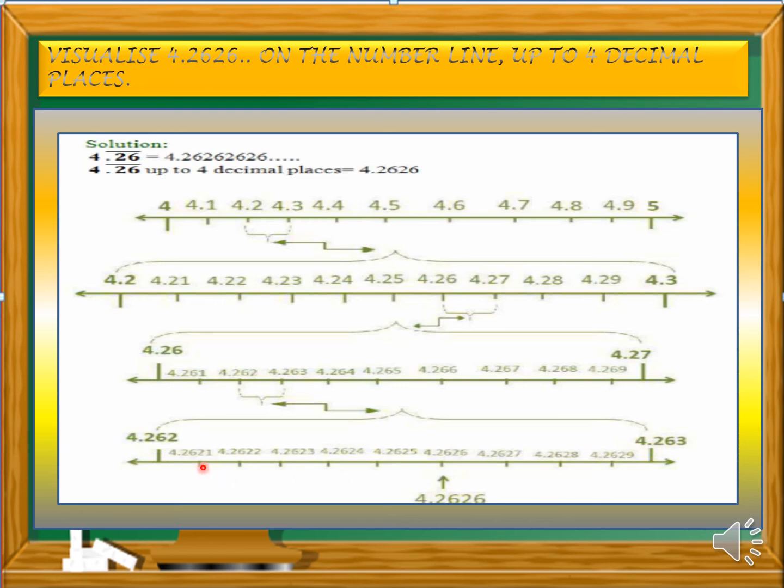subdivisions between them. So they have asked to represent 4.2626. So find the number 4.2626, and here you can see 4.2626. So thus here you can mark it that we have represented 4.2626 and we have got it on the number line. So this is the successive magnification method, and we have also got the answer on the particular number line.